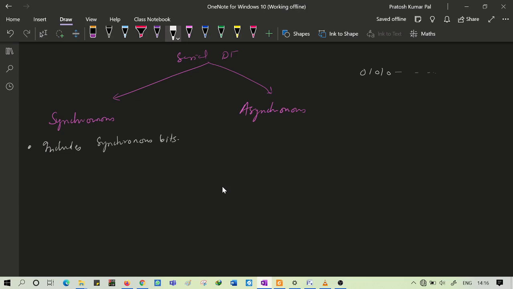So to synchronize the transmission of data in serial way, it is going to include some synchronous bits into the data.